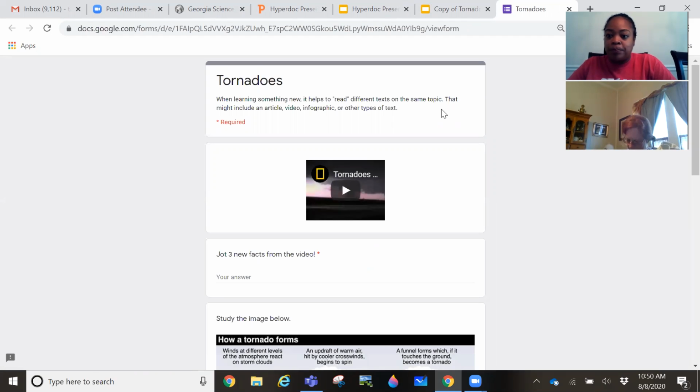They used a form. So they come to this form and it takes them deeper, where the form has a video embedded. Then after they watch the video, they have to jot 3 new facts. This can be really amazing in a classroom because once they finish the form, they submit it, and then you start to have evidence of learning. You are giving them the opportunity to practice or understand the standard or skill, and you're also getting